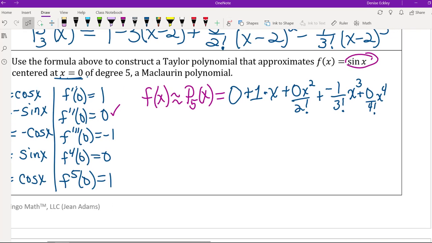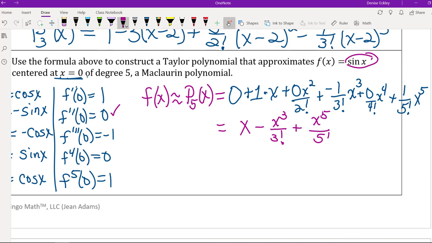And then finally, we're going to have plus 1 over 5 factorial x to the 5th. So simplifying that then, our Taylor polynomial becomes x minus x to the 3rd over 3 factorial plus x to the 5th